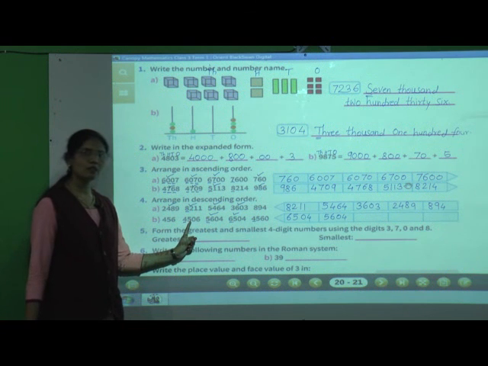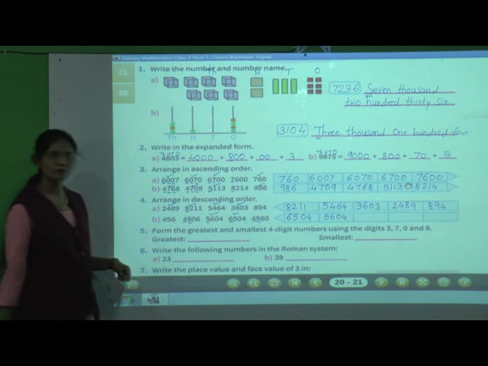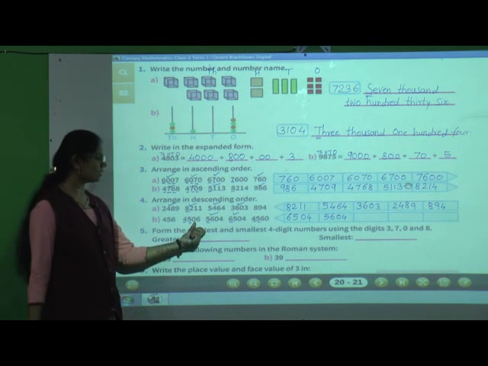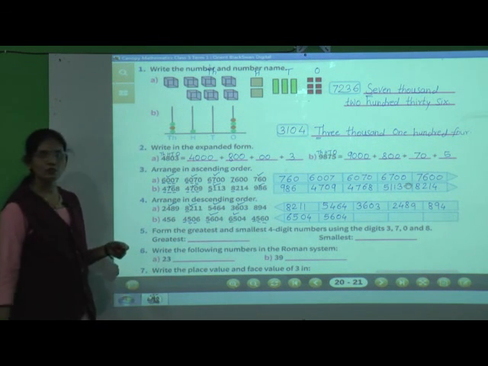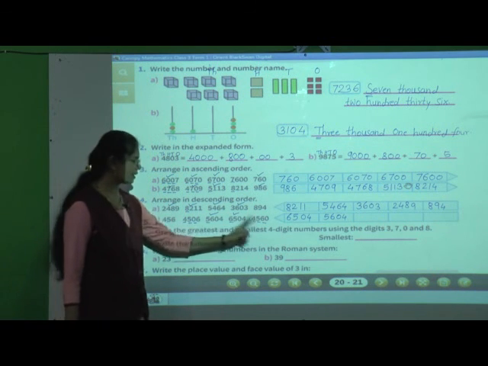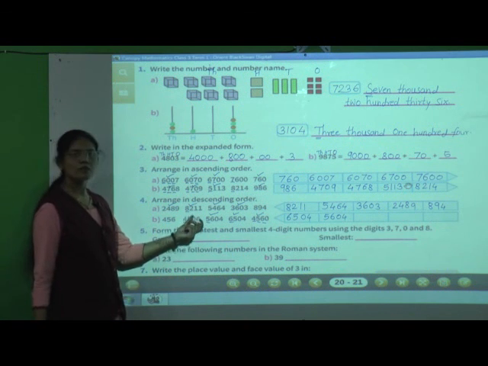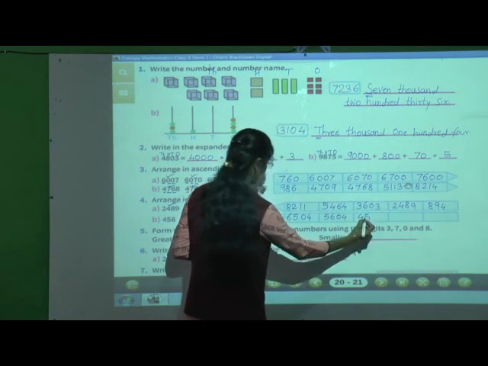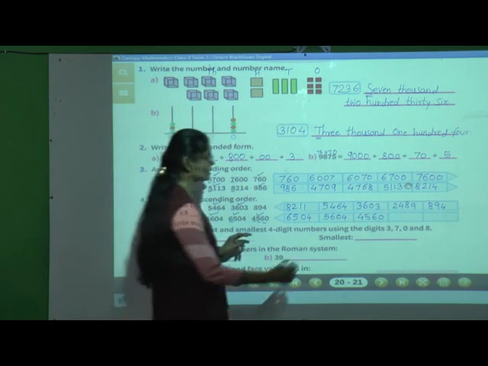Then the remaining 2 four digit numbers, here 4 is there, here also 4 is there, so definitely we will move to the next place, the hundreds place. 5 is there, here also 5 is there. Now what to do? Yes, we will move to the tens place digit. Here 0 is there and here 6 is there. So which one is greater? 6 is greater than 0. So this number is greater than 4506. So I will write this number 4560 and then 4506,